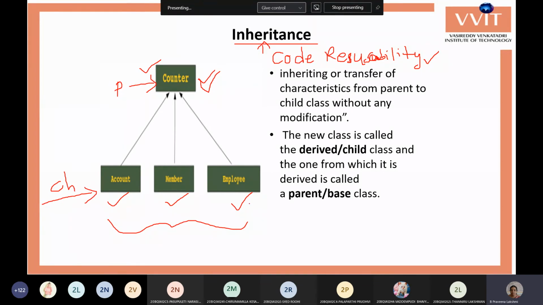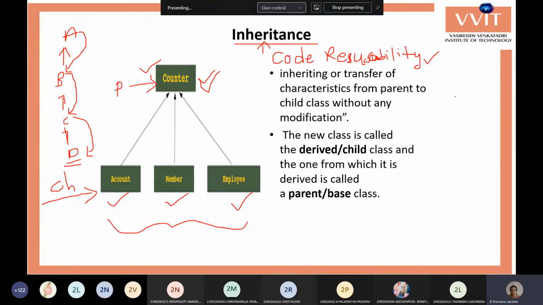We may have more than one level of inheritance also. Say for example, A class is there, and from that we derive a B class, and from there we derive a C class, and from there we derive the D class. So like this we can have n levels of parent and child classes. That is, A variables are used by the B class, B class variables are used by the C class, and C class variables are used by the D class. That is, D class has accessibility to all these 3 classes, A, B, C. All the 3 classes' variables can be accessed by the D class.